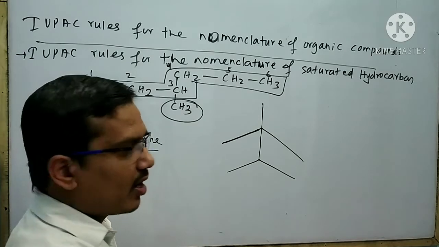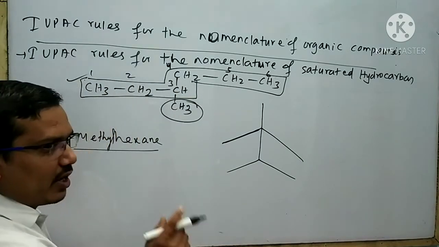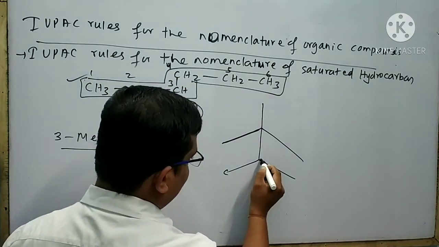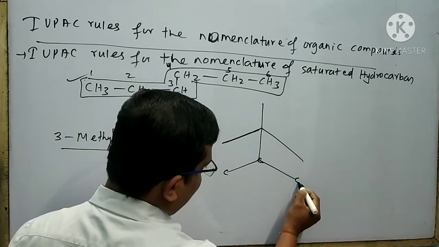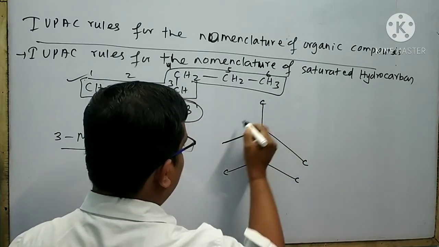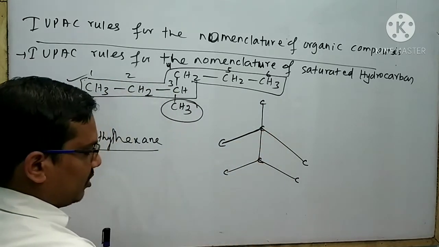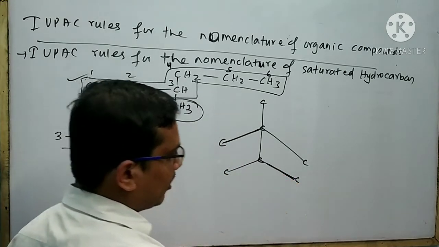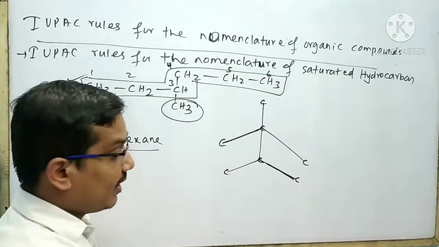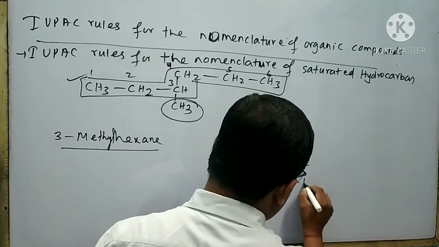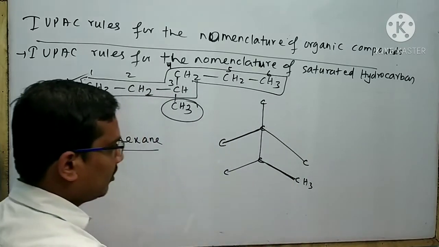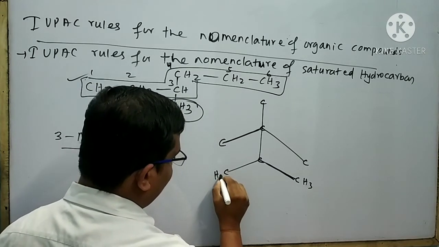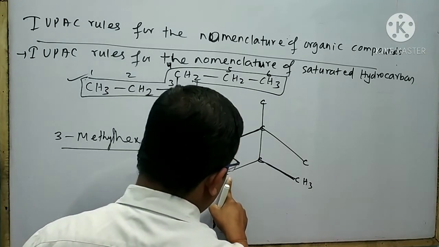This is the bond line formula of an organic compound. We know that a single line has 2 carbon atoms. That means here I can write C, here also I can write C, here also I can write C. Like that I can write the carbon atom C in this structure. Look at that, one covalent bond is present with this carbon atom. Carbon atom satisfies tetracovalency. So there are 3 hydrogen atoms with this carbon atom. Like that you can also think about this carbon atom. Here also 3 hydrogen atoms with this carbon atom.